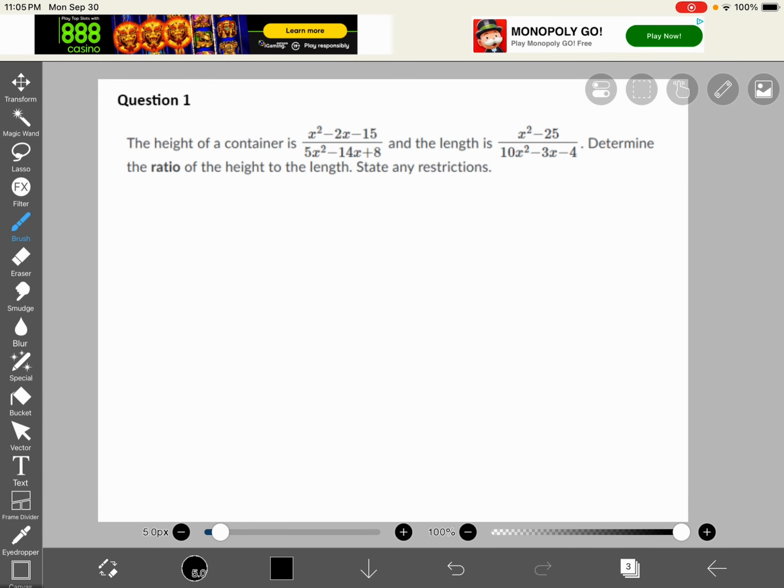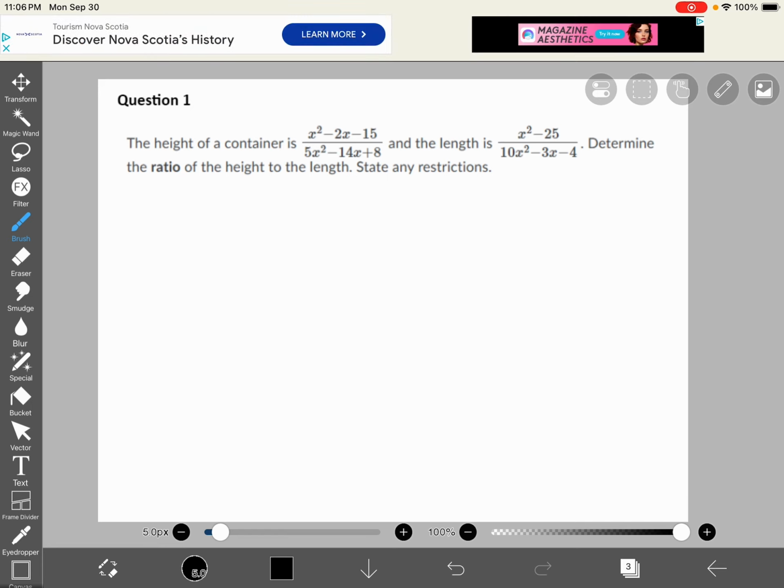So, here's question 1. The height of a container is (x squared minus 2x minus 15) over (5x squared minus 14x plus 8). And the length is (x squared minus 25) over (10x squared minus 3x minus 4). Determine the ratio of the height to the length. State any restrictions. So we start off by copying the question